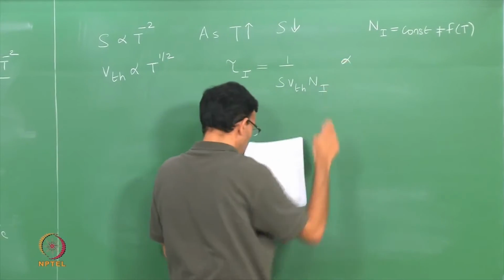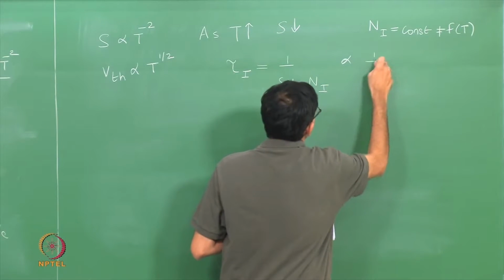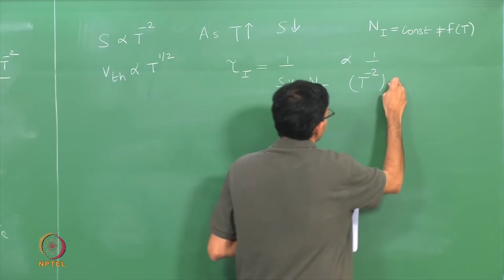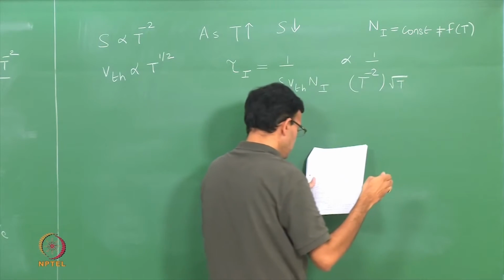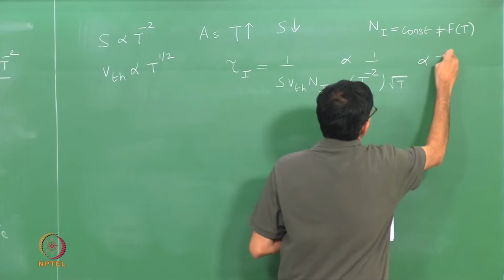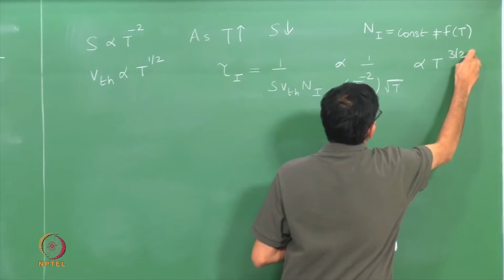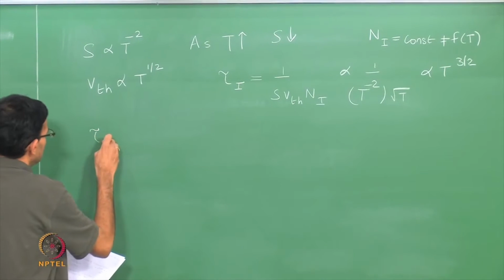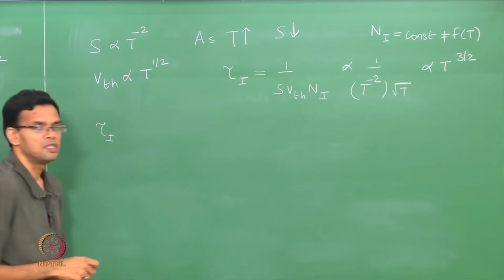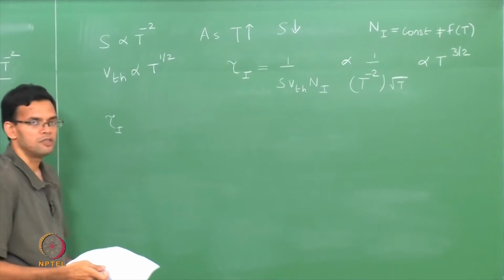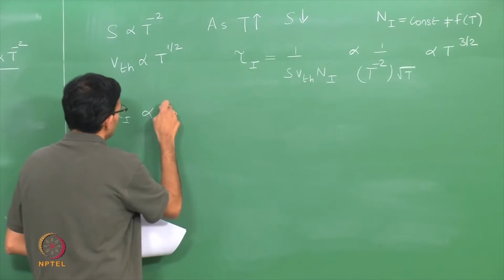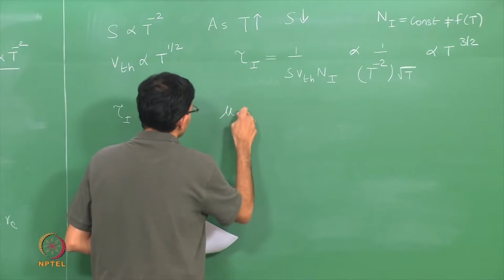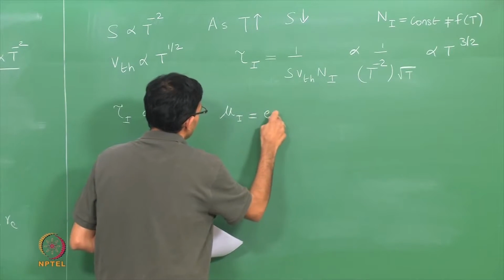So, this is proportional to 1 over T to the minus 2 in the case of S, and then square root of T is proportional to T to the 3 half. So, tau I, which is the time due to scattering because of impurities, is proportional to T to the 3 halves. Mu I is nothing but E tau I